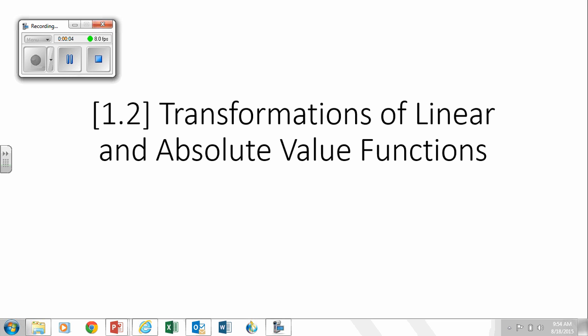We're looking at Chapter 1, Section 2 today, Transformations of Linear and Absolute Value Functions. So this section is, as the title suggests, very focused on just linear and absolute values, which makes it actually easier than Section 1.1, where they were hitting you over the head with all the types of transformations there are with various functions. Okay,